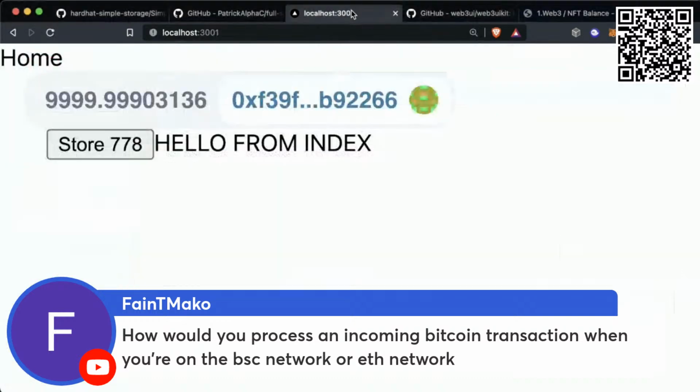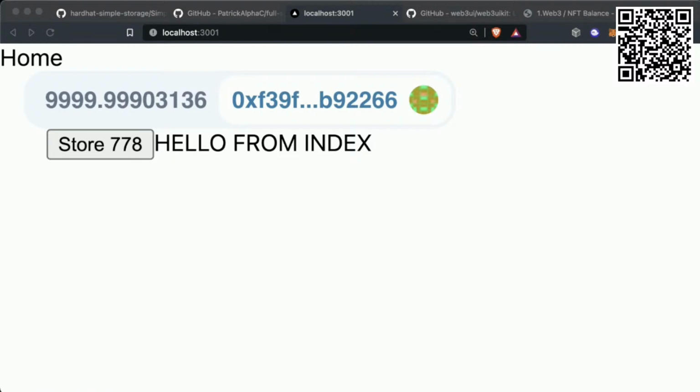Well, you would have to have some type of Bitcoin connection on your front end, right? So they're not going to have a MetaMask for the Bitcoin connection. So you would need an RPC URL provider for Bitcoin in your browser, instead of connecting to MetaMask or Solana or any browser wallet. Unless they also have a Bitcoin connection, you would need to connect to the Bitcoin blockchain yourself on the back end. So you would need an RPC URL on the back end to connect, and then you need to process it like that.